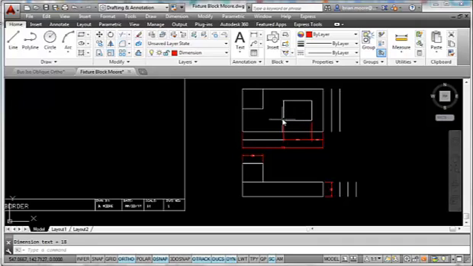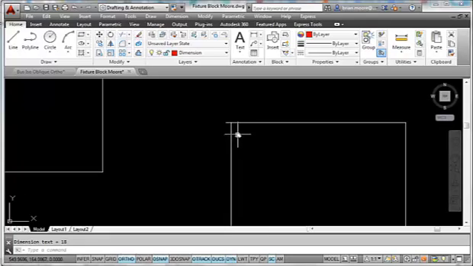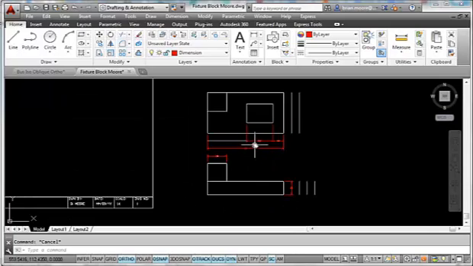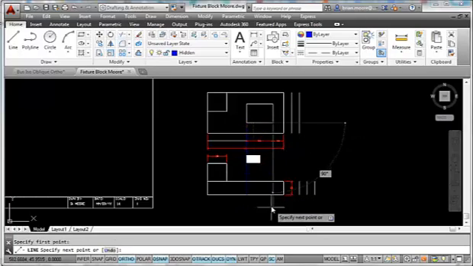So now I'm going to put in the hidden lines that represent this opening. Something's not quite right there, I'm seeing, so I'm just going to trim that one back. So I didn't zoom in enough before to make sure that I was getting my objects correct. So now I need some hidden lines to represent this hole, which can't be seen from this view. So I'm going to change now to my hidden line layer. I'm going to use the line command, and I'm just going to project down from this view, because that's exactly where it is. I don't have to go thinking about it. I've already got it located in the top view, so I can just bring it down here,